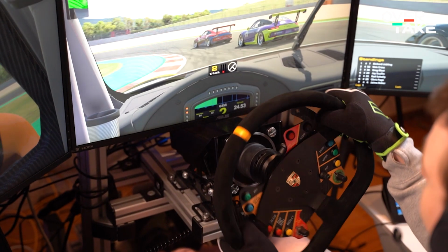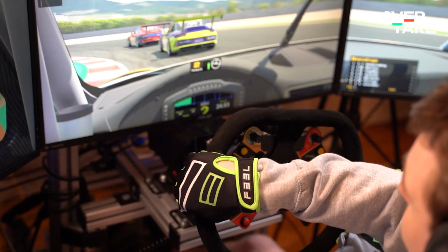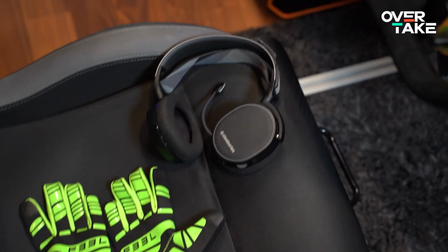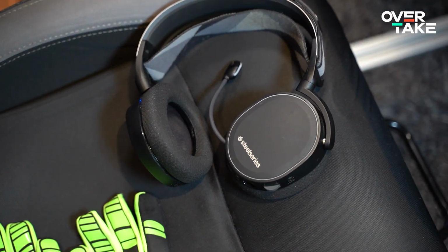There are many other options to increase your racing experience. The perfect seat, slip-proof gloves, top-notch headphones or a speedometer can complete the simulated experience in your rig. Believe me, once you've ever been on track with great equipment like this, you don't want to go back. And now excuse me, I have to go back to racing. Race starts in 3, 2, 1...